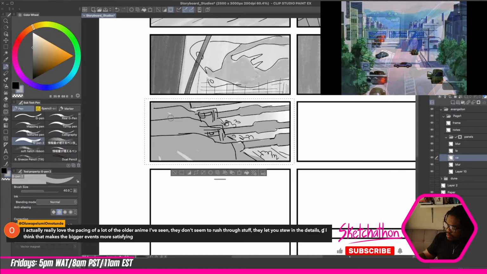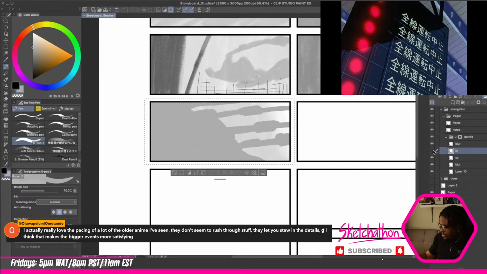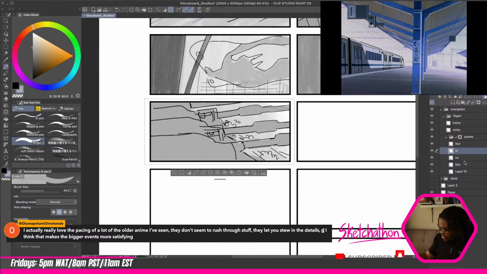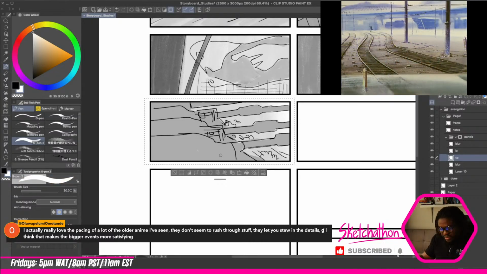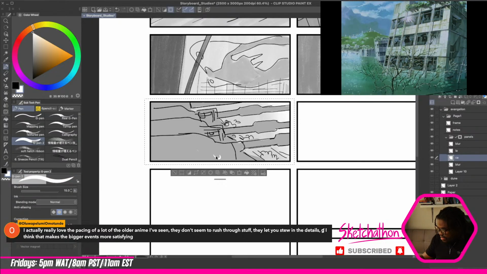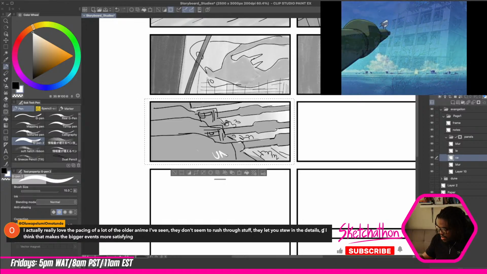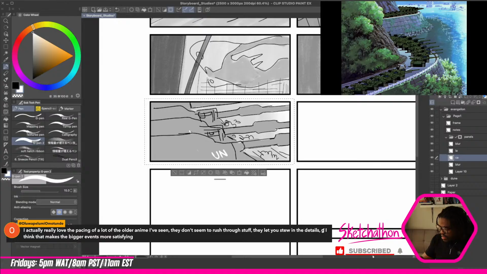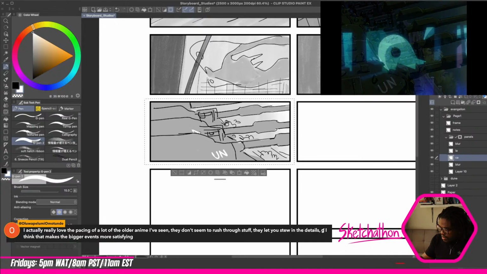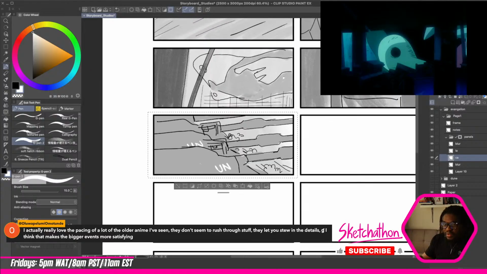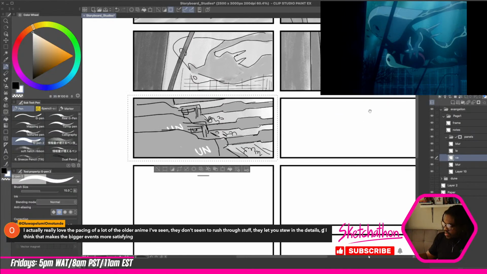Oh yeah, one more detail that I forgot to add, there's United Nations written on it. So this is United Nations. Let me write that here. So there's UN. This is an interesting detail. So UN, United Nations. This other one also has UN. Like that. So yes, United Nations